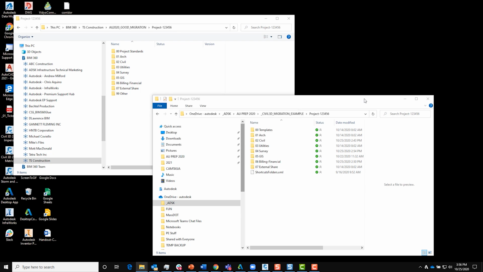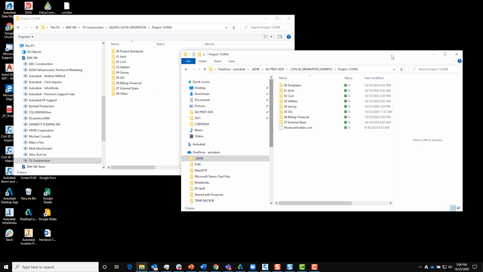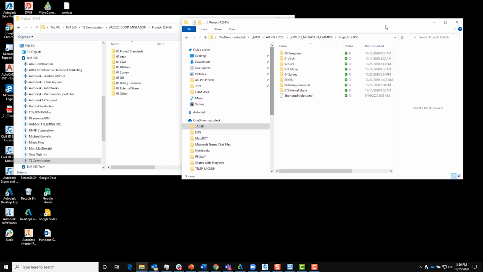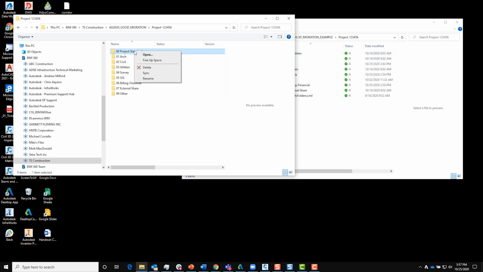So I'll go to the local version of the project I'm migrating, and lo and behold, I've got some different names on folders, and we want those to match so that when these mesh, the folders will inherit the correct permissions. So I'm going to favor the word templates because it's a shorter word, and we are always concerned about the file path length.